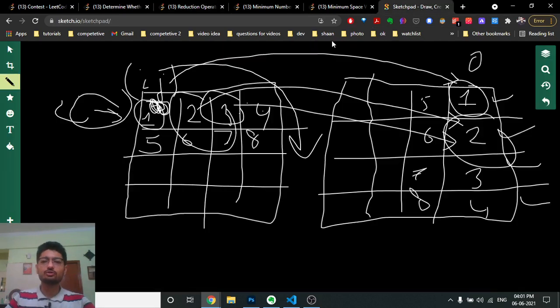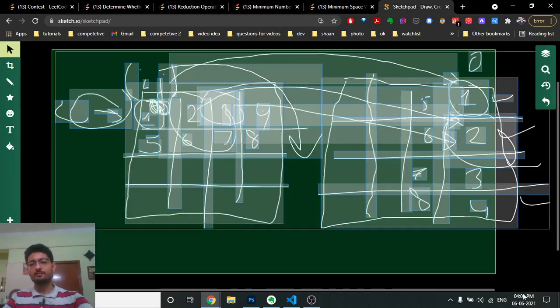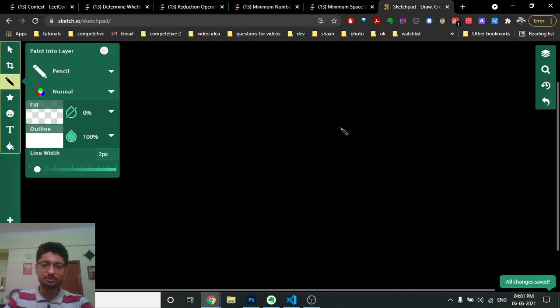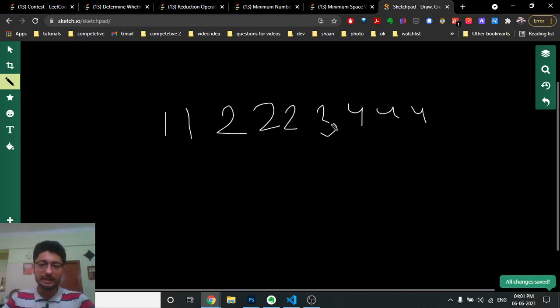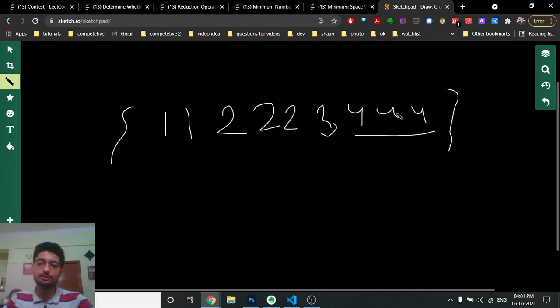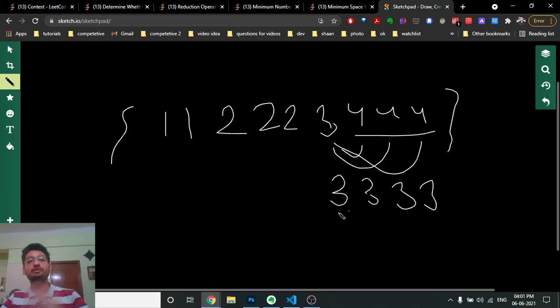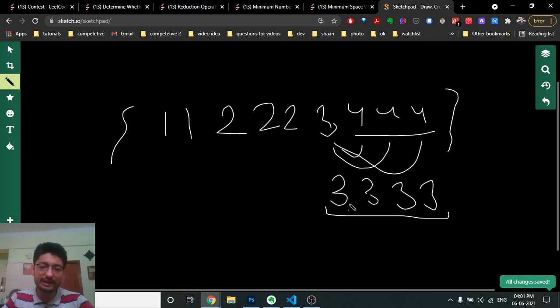Now it just boils down to a simple observation in which you first find all the maximum elements. So I can write it down like this: 1 1 2 2 2 3 4 4 4. Okay, now as you can observe in this matrix, the maximum is this. So in each step you'll take every 4 and convert it to 3 because that's just the next smallest element. So in 3 steps you can convert every 4 to 3. So it will become like this: 3 3 3 3. Now you have 4 3s. Okay, now you have to convert all the 3s to 2. So in each step you'll convert every 3 to 2.